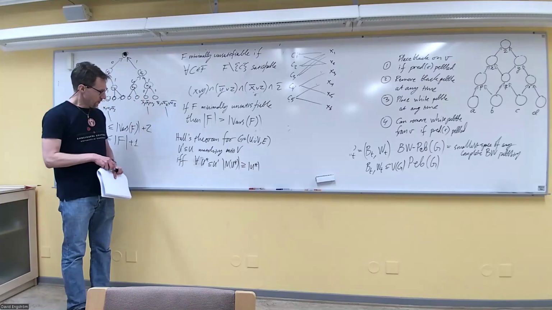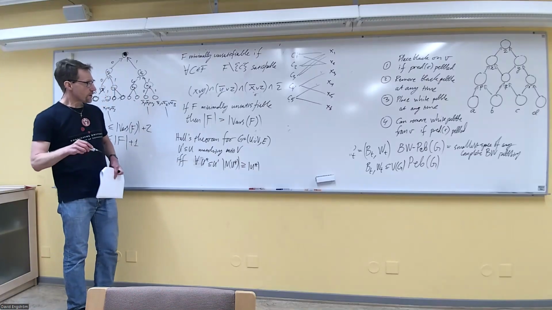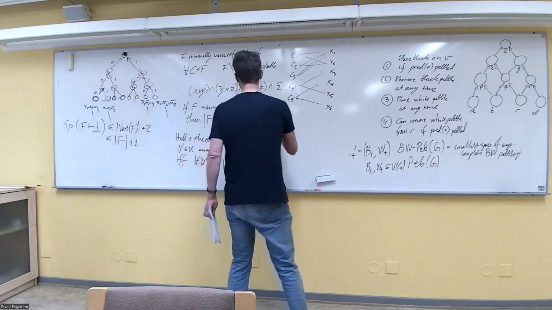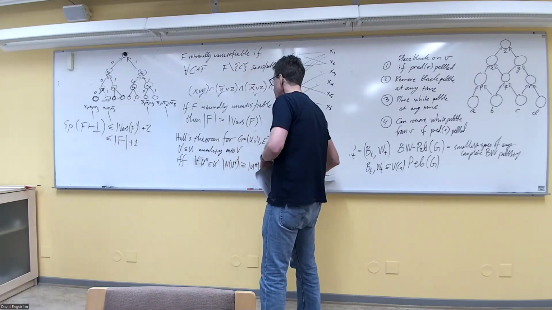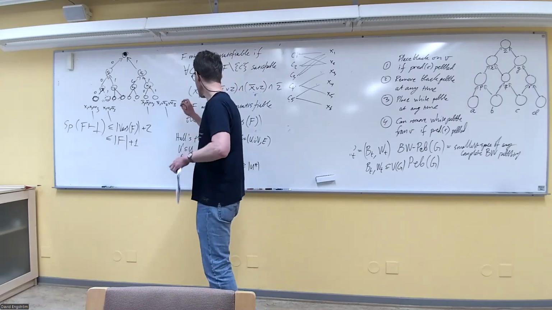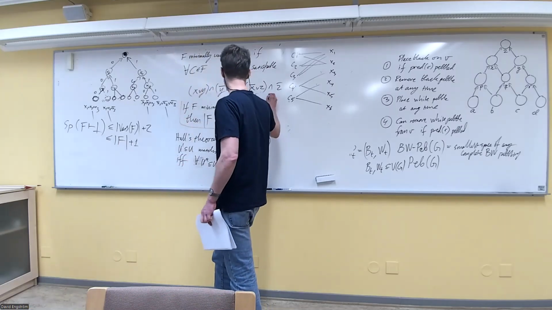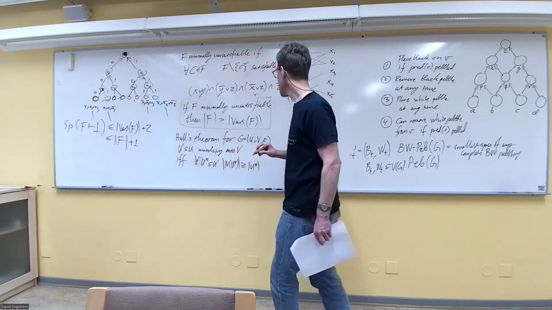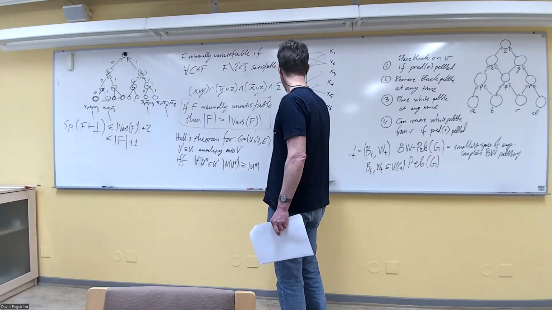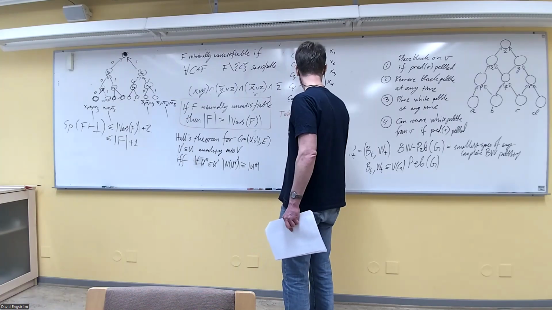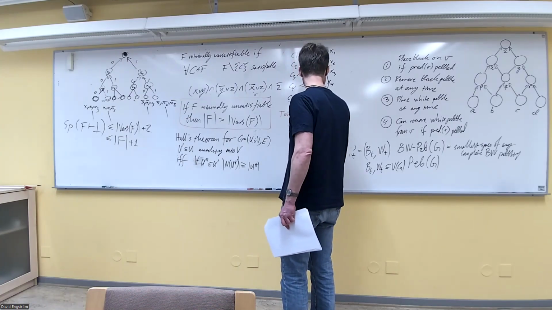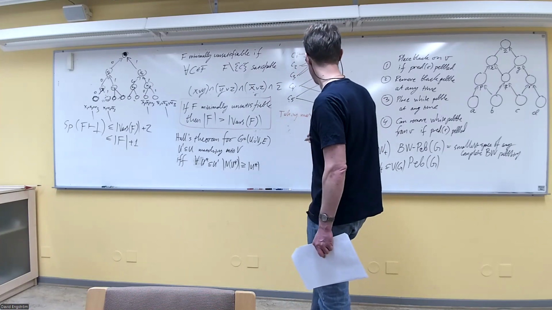Okay. So now what we're going to do to prove, okay, what do we want to prove? We want to prove that a minimally unsatisfiable formula contains more variables than clauses. Okay? So let me start by taking a maximal S in F